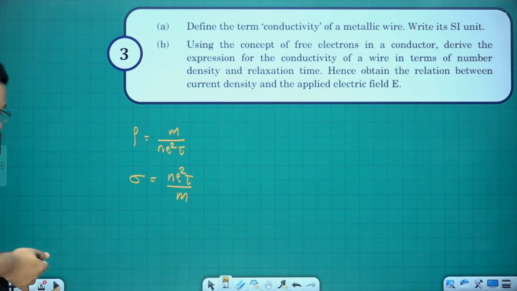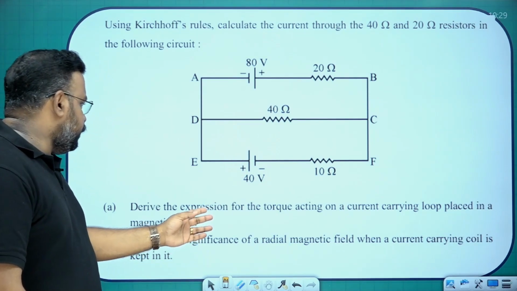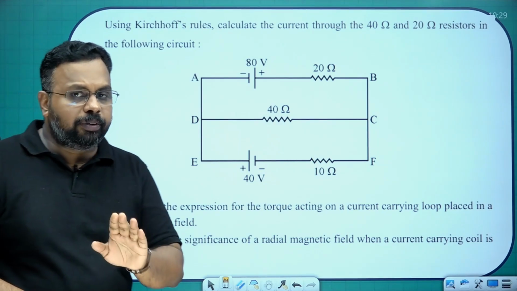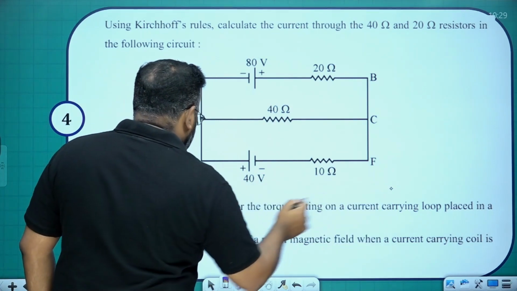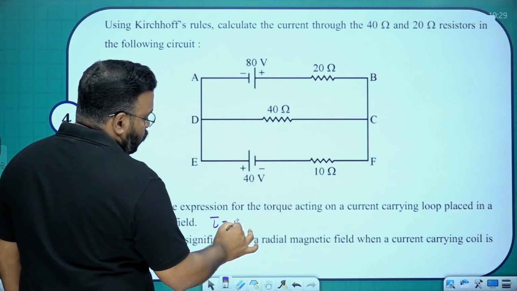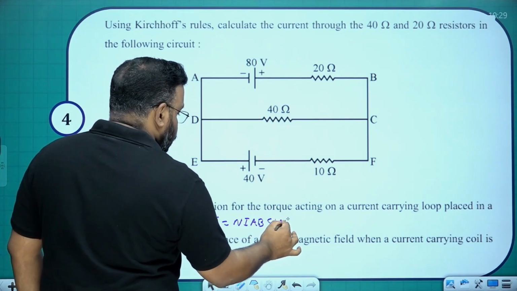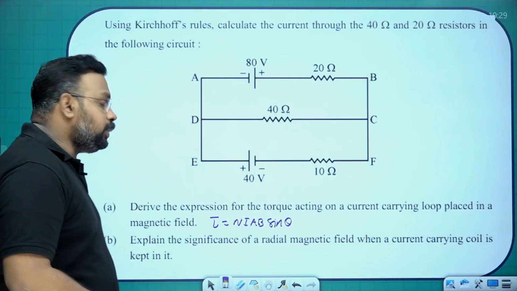Okay. Question number 4. Using Kirchhoff's rules, calculate the current through the 40 ohm and 20 ohm resistance in the following circuit. And actually this is an OR question. Derive an expression for the torque acting on a current carrying loop placed in a uniform magnetic field. Direct question, derivation. So please study torque. What was the formula? I'm just writing that one first. Here the answer for this one is tau is equal to